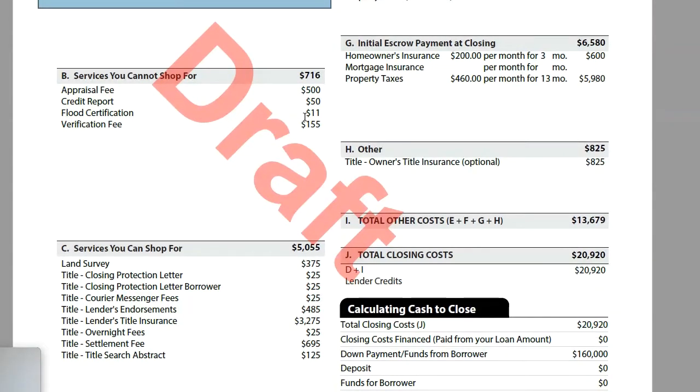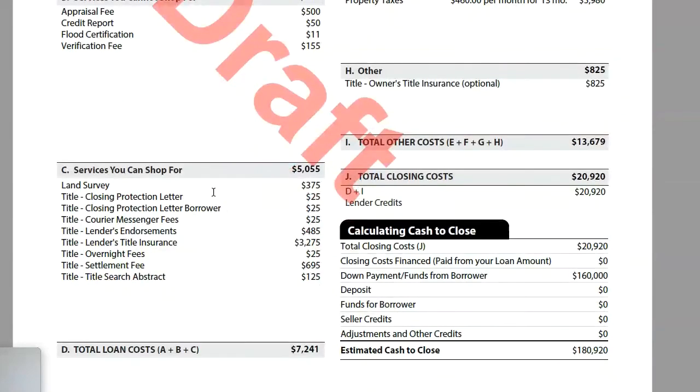This verification fee is kind of a new thing that a lot of people have on there. Some employers charge a verification of employment fee. If the employer doesn't charge that, then that goes away, and that fee doesn't belong on there. But basically, it should be disclosed on there because it's a potential fee. Again, when we're disclosing these, we should be putting everything that could possibly be on there. We should actually be over disclosing.